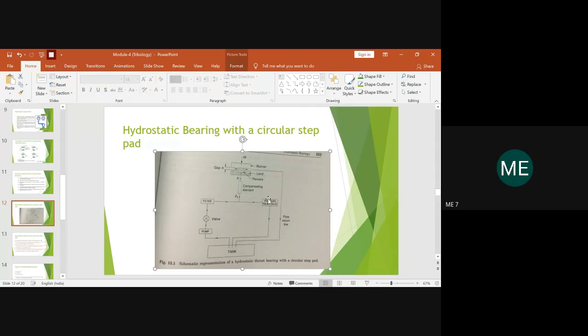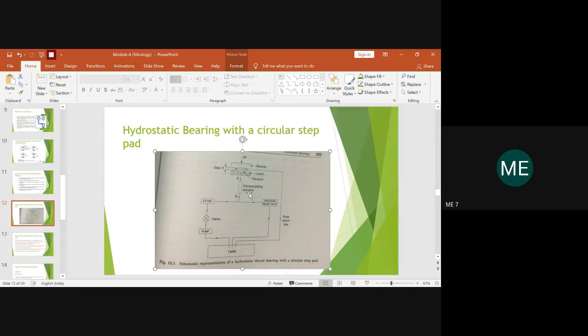This pressure relief valve will relieve the pressure associated with the oil passing through it. Once the entire pressure of the oil has been relieved, the valve opens. The oil or lubricant will pass through with zero or negligible pressure, and it comes back to the tank. It will stay in the reservoir until it is needed for the next use.